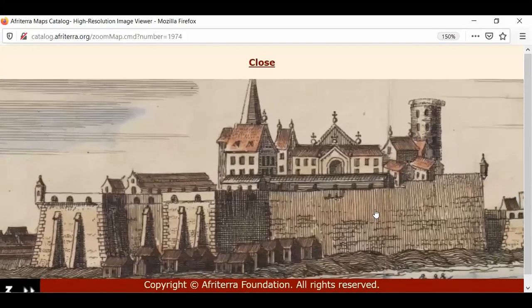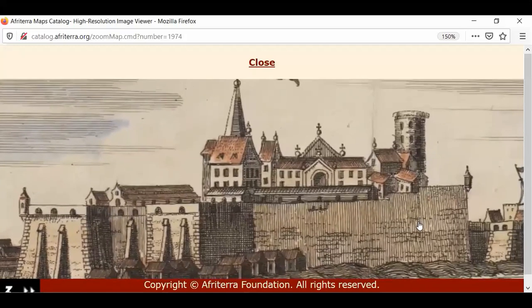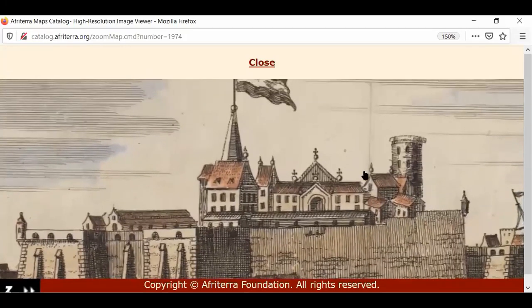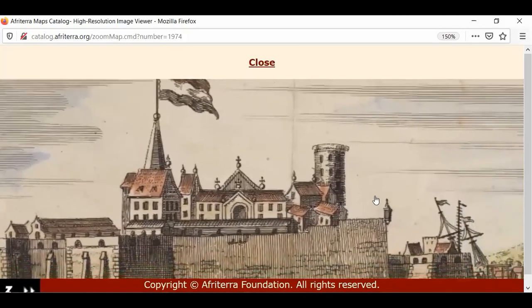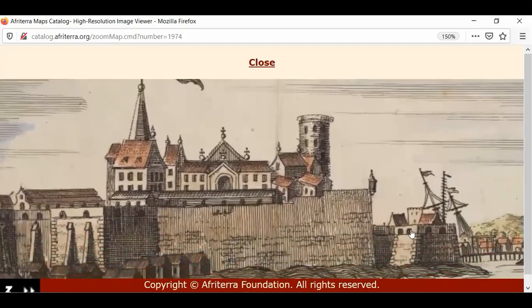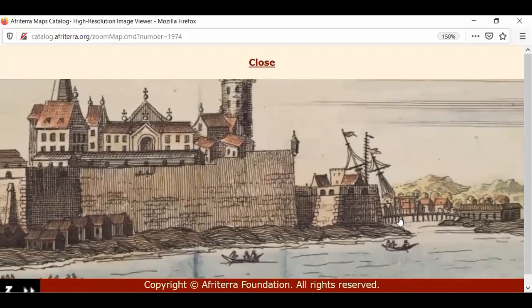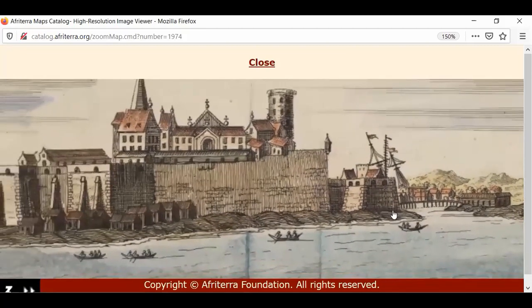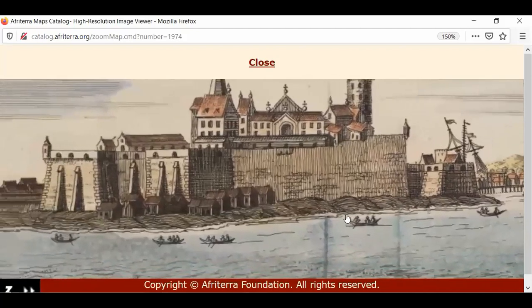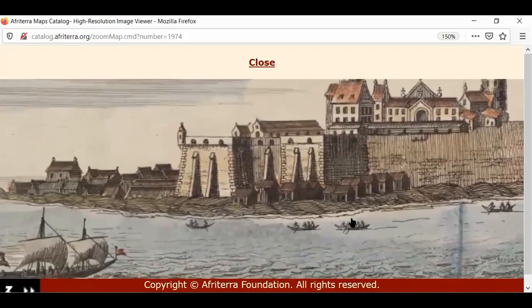with a scan that must be at least 600 dots per inch, enabling him to expand a view of this castle so that you can see it as if it were a painting. These are prints. They've been colorized probably since they were printed initially, but they're very informative, both in terms of the architecture of these massive structures on the Gold Coast and the